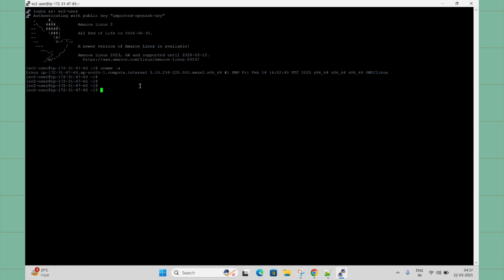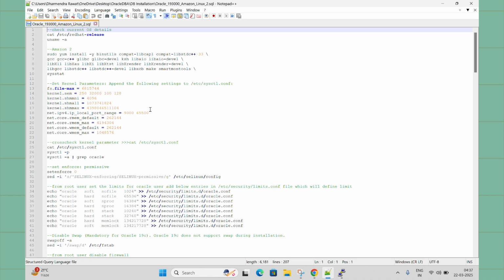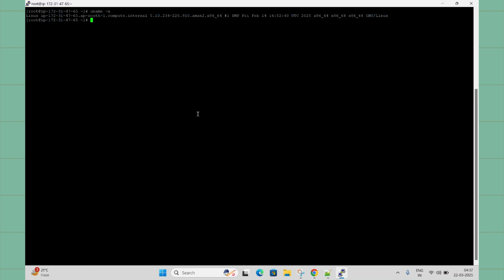Okay, now we will try to install Oracle on this machine. Okay, so to install Oracle we need to switch to the root user, sudo su -. This is the syntax. Now you can see whoami, we are connected as the root user. Okay, right, let me clear it. Okay, now to install Oracle 19c, we need to follow some process. So what we'll do, we will check uname -a. Let me check, and we are already connected through the root user.